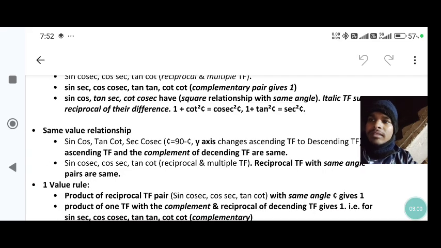Sin cos, tan sec and cot cosec, like sin cos first two, then tan sec and cot cosec have square relationship with the same angle